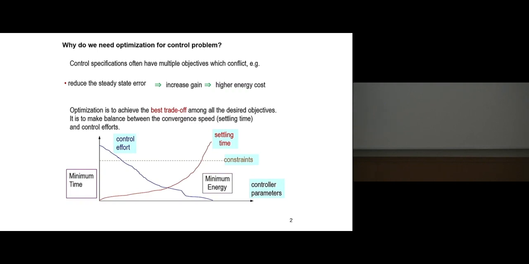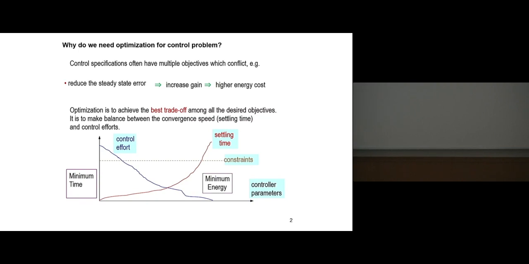But then you say, actually, I want to save energy. You say, I want to make the settling time 1 hour. But 1 hour is too long, it takes 1 hour to settle down. Of course, that will save a lot of cost. But meanwhile, you will lose the comfort.